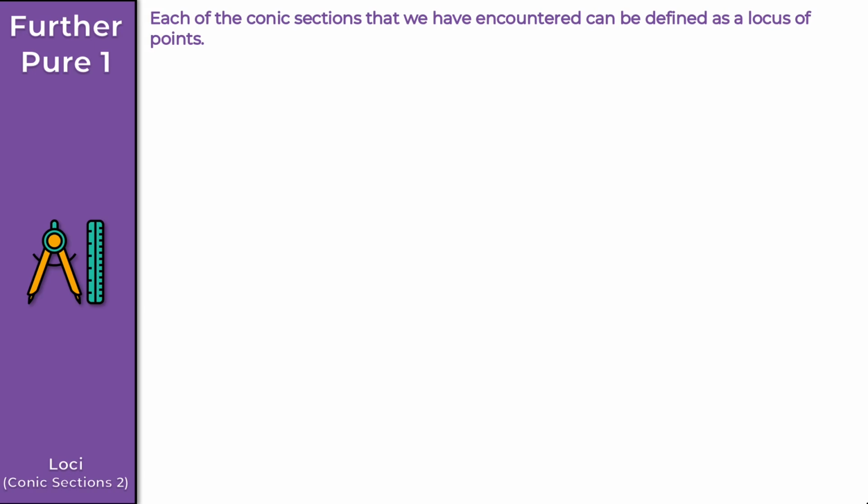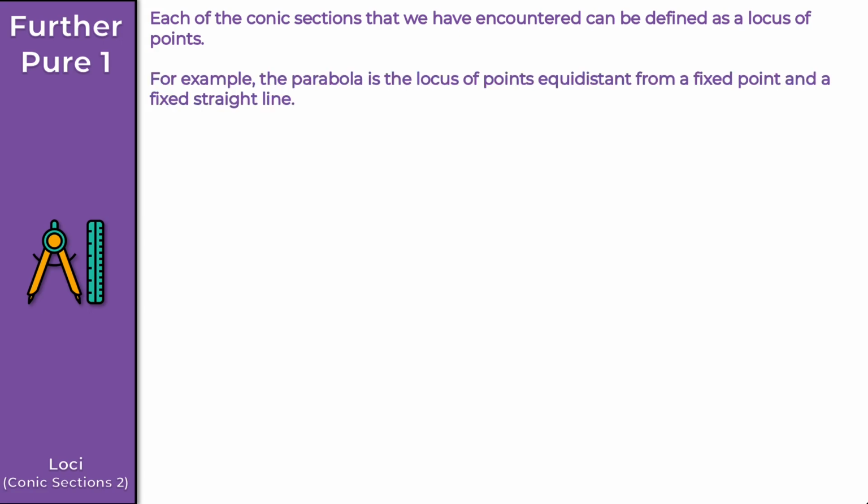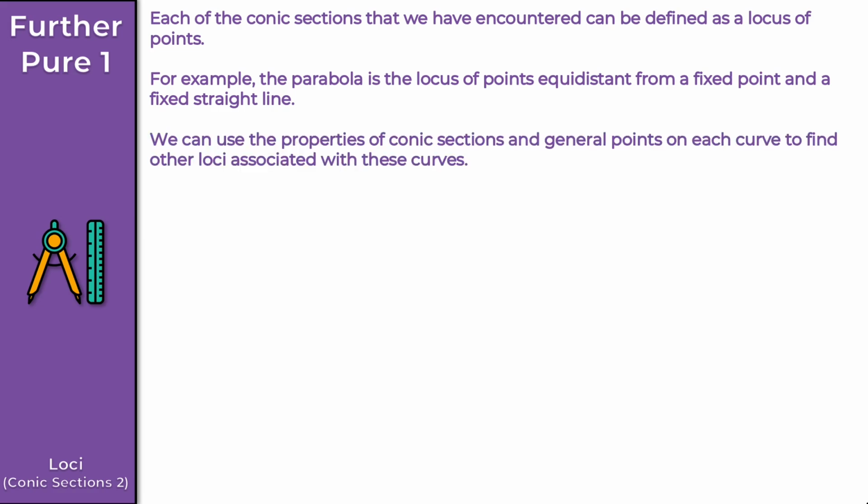In this video, we're going to take a look at loci for conic sections 2. Each of the conic sections that we have encountered so far can be defined as a locus of points. For example, the parabola is the locus of points equidistant from a fixed point and a fixed straight line. And we can use the properties of conic sections and general points on each curve to find other loci